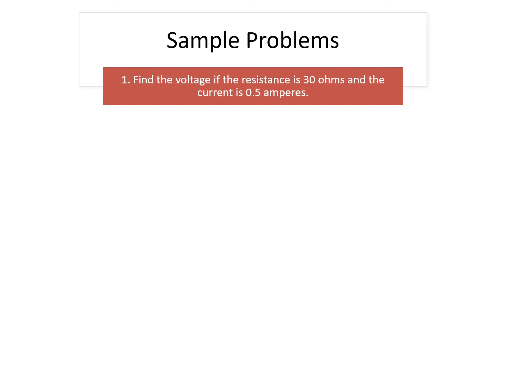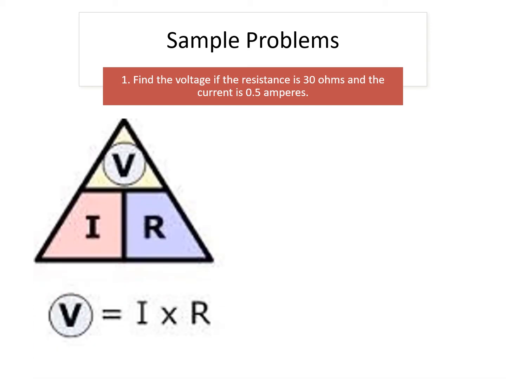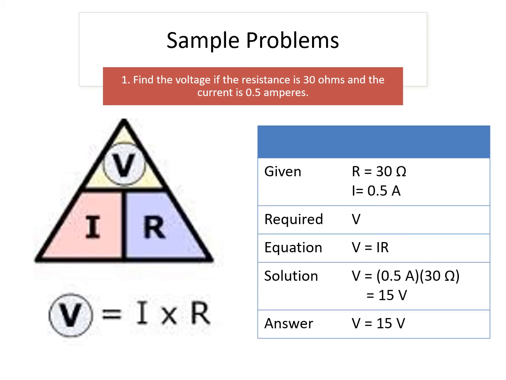Problem 1. Find the voltage if the resistance is 30 ohms and the current is 0.5 amperes. Since voltage is unknown, we can derive an equation from our triangle, wherein V is equal to I times R. Using our Gressa method, we can now complete the problem-solving activity, wherein the given